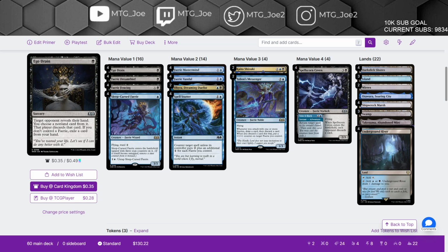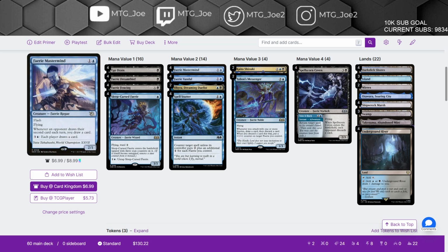This is something we're going to test out, see if it plays out well or if it's just awkward from a sequencing perspective. We have the existing Fairy Mastermind, one of the great cards in Standard currently as part of the Dimir decks. Flash 2/1 flying, and then whenever an opponent draws a card, you get to draw an extra, or draws their second card of a turn cycle, you draw an extra card, and you can pay mana to